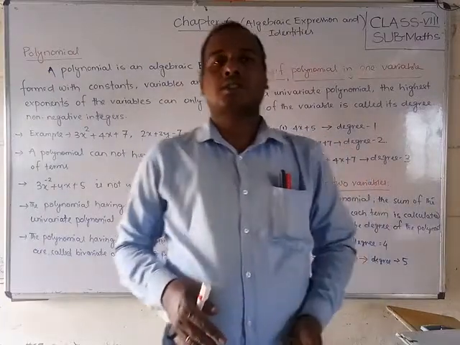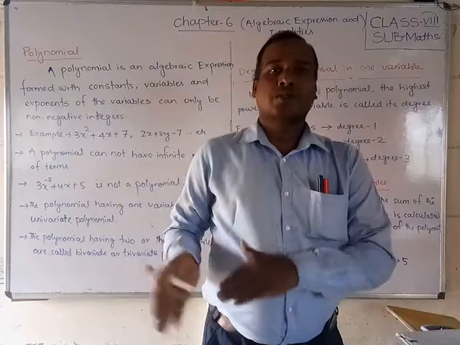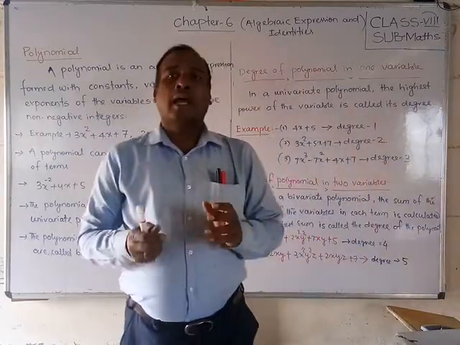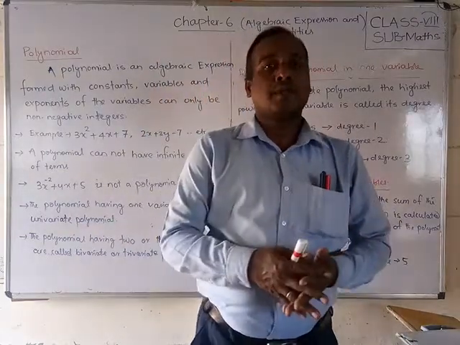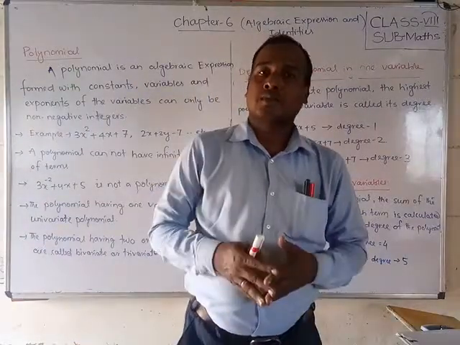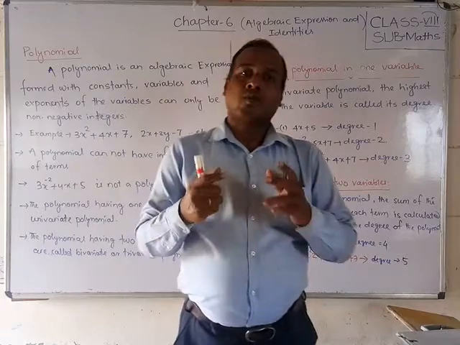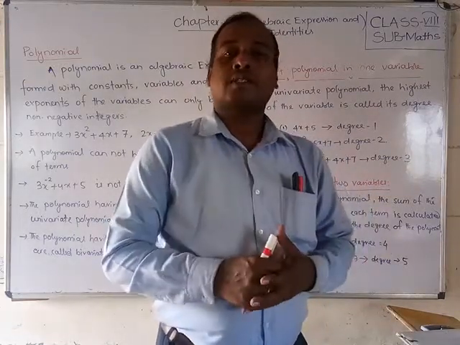Already I have told you some algebraic identities: a plus b whole square, a minus b whole square, a square minus b square, and I have also discussed special products with you in the previous chapter. But students, in this chapter we will discuss some extra and more identities. So let us start with this chapter and the things related to algebraic expressions.